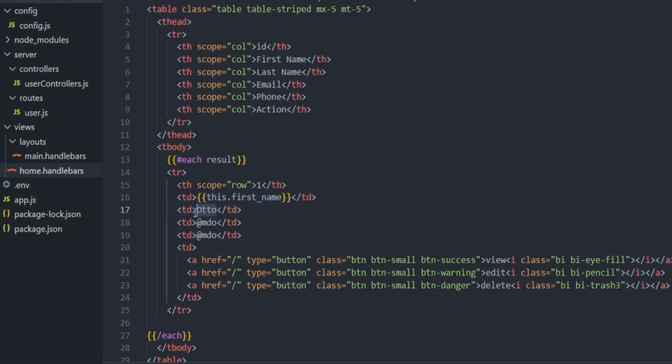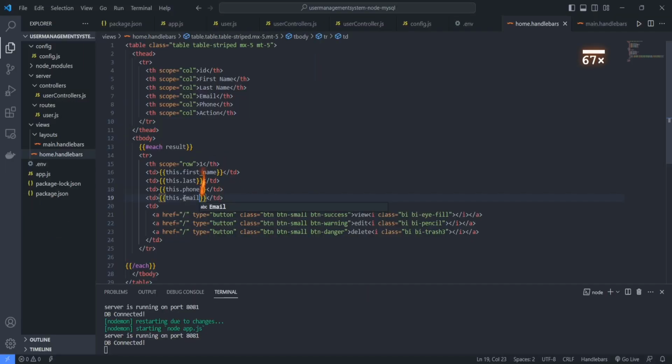So for last name we have to write last name, and after that the phone, this dot phone, and last one is email, so paste it and you can write it here as email, and then save it